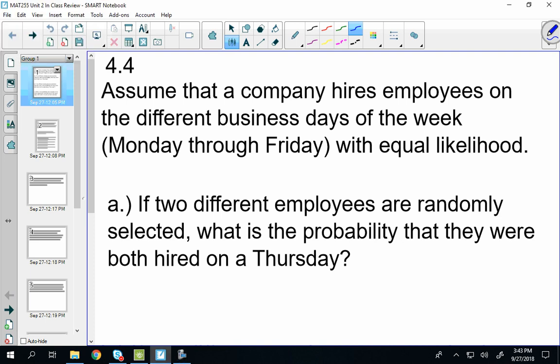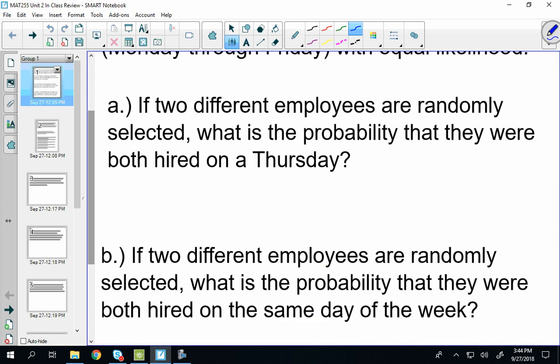This video is going to go over some of the concepts that you struggled with on the Unit 2 homework. In section 4.4, we have an example. It says, assume that a company hires employees on the different business days of the week, Monday through Friday, with equal likelihood. Part A says, if two different employees are randomly selected, what is the probability that they were both